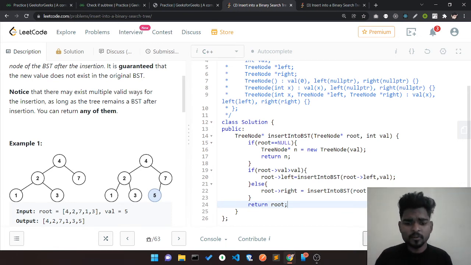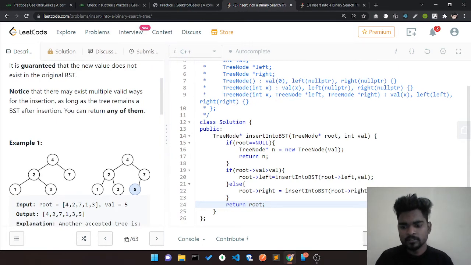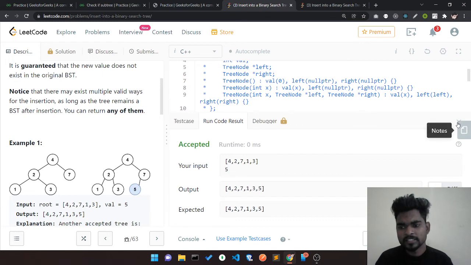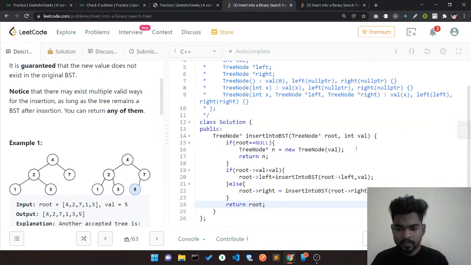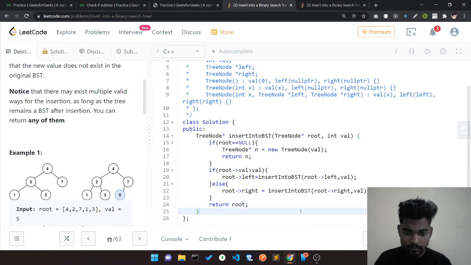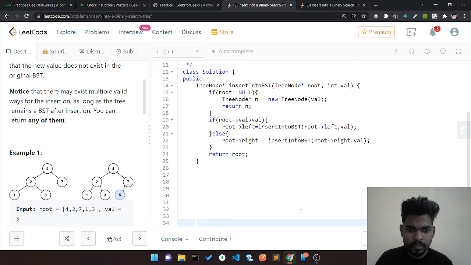So let's run our code. Let's see whether it works or not. Yeah, it's accepted, but I guess I have to enlarge the size a little bit.